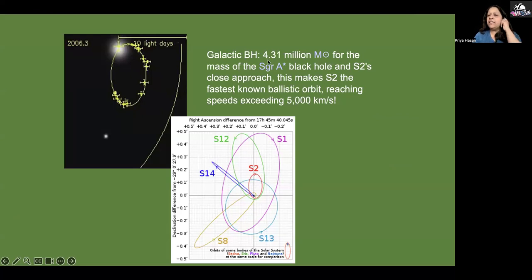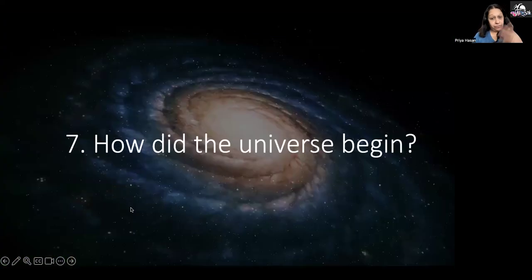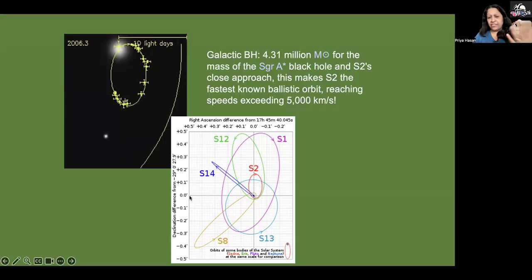And they calculated that the center of the galaxy has a black hole of the mass 4.3 million M-Sun. And that is why these stars are moving around with velocities exceeding 5,000 kilometers per second. Just imagine, right? These are crazy velocities with which these stars are moving, but they're doing that because they're going around a massive black hole, right? So life is difficult for them. They have to move with those kind of velocities. So thanks to these researchers, we have a very good estimate of what is in the center of our